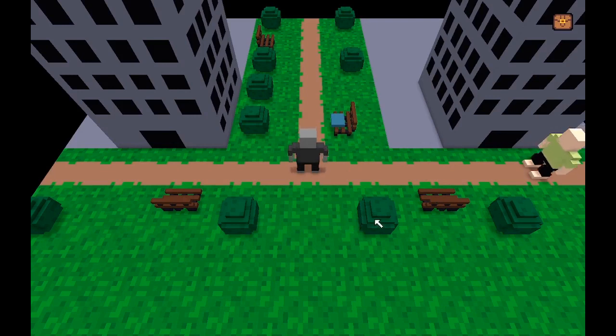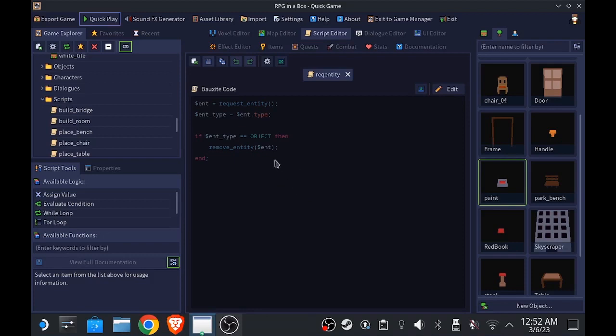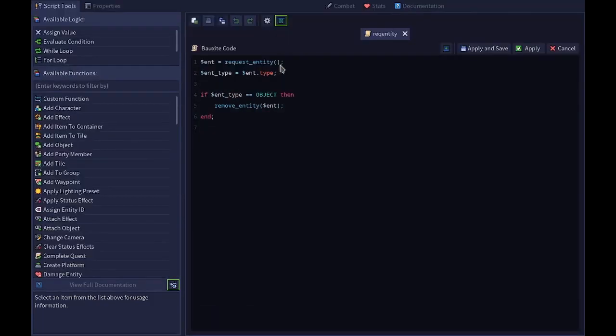So it's a bit annoying that it sort of interrupts the request entity if you click the wrong thing. So let's change our code so that it works a bit more efficiently. And this is where the functions come in. So rather than doing it this way, what we're going to do is type function